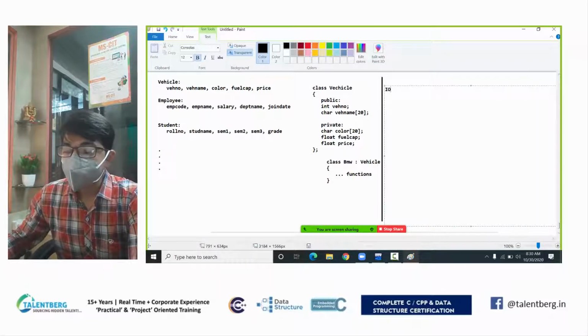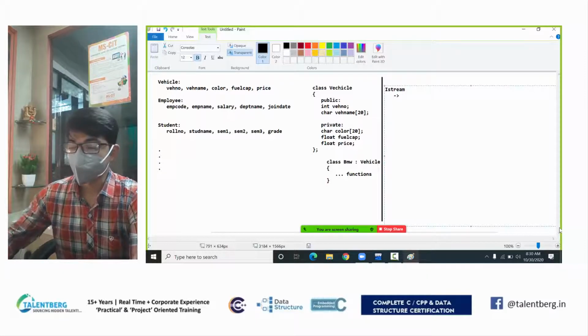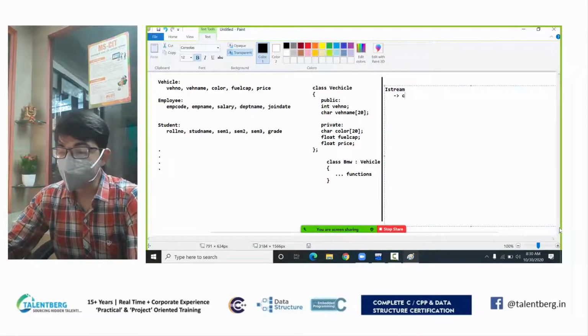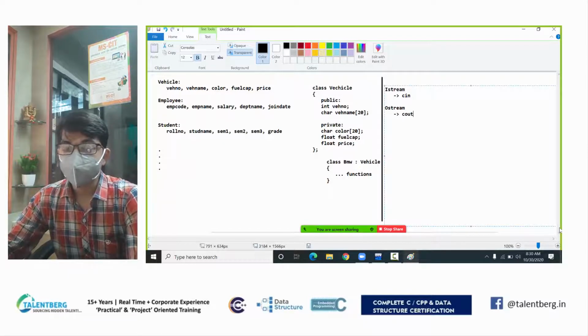In C++, istream is a class, and this istream class provides some functions using an object called cin, and ostream is another class which provides the object called cout. But what is an object?